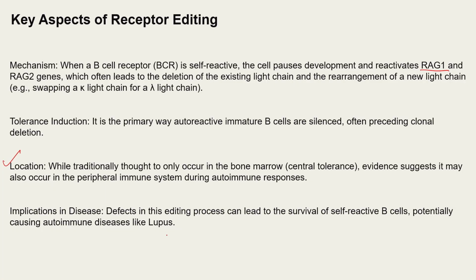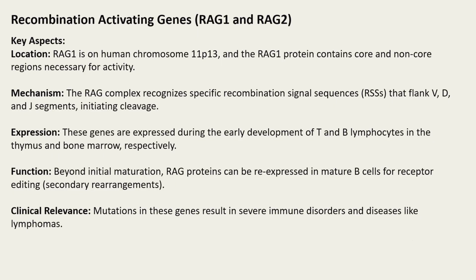Well, if there is any deviation in this, the human body may suffer from various complications or disease conditions. One such example is lupus, an autoimmune disorder where the immune response attacks the body's own cell population. So of course, receptor editing plays a very critical role in maintaining the homeostasis of the host. Let's move on and try to understand the two genes we are discussing in the context of